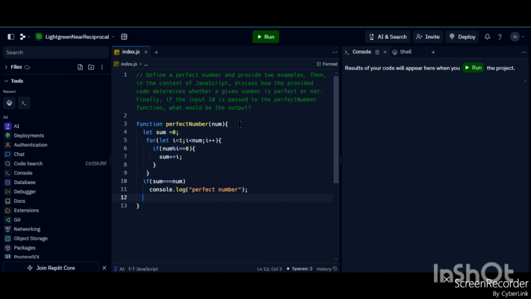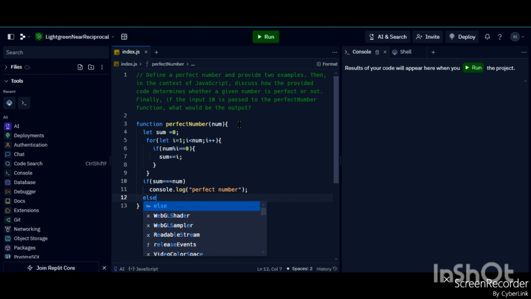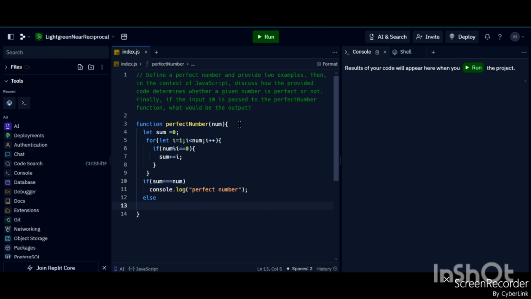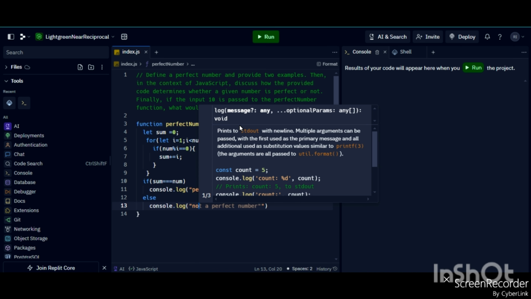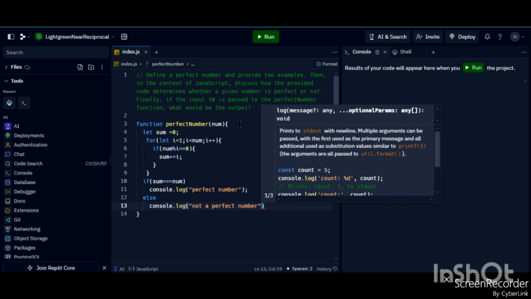Or else, in the else part, I use console dot log, not a perfect number.